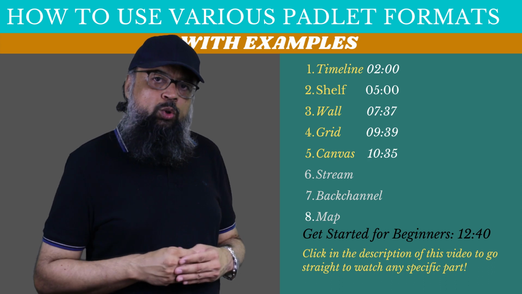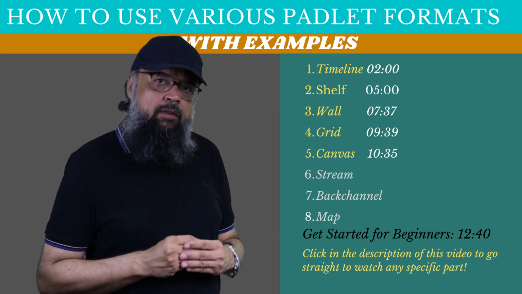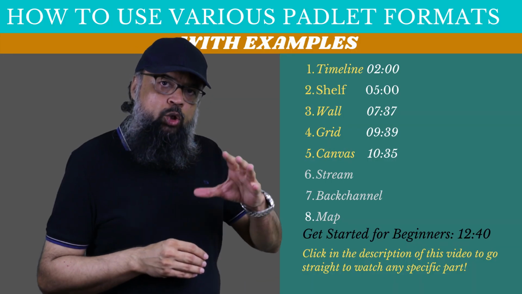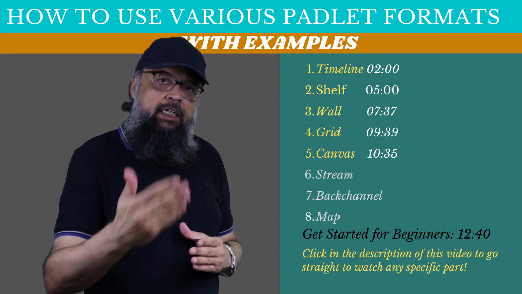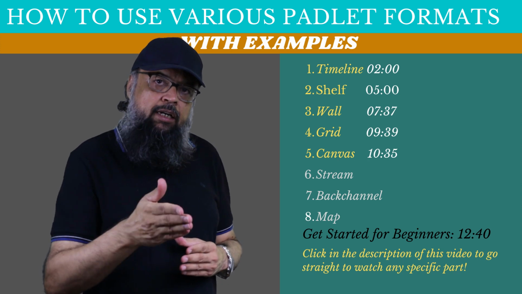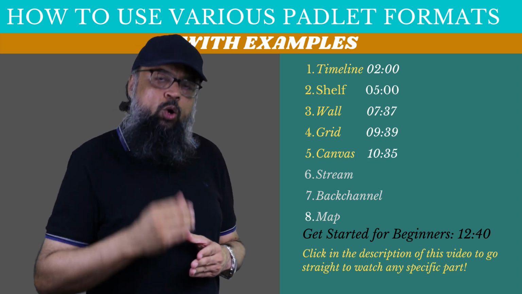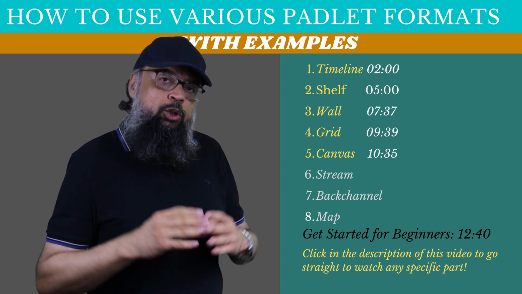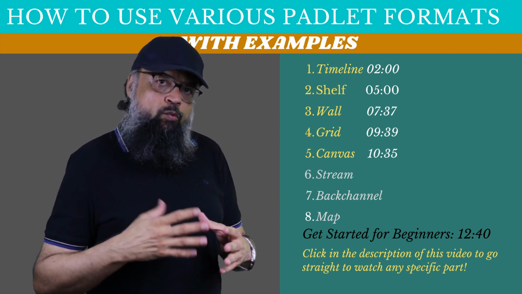Then in the next week you show them this shelf. They fill the first 2 columns, and the last column they will fill after you have delivered that topic. Because from first 2 columns you will get an understanding of how your students are familiar with that topic and what are their interests. So you will tweak your lecture a little bit before the final delivery, then you deliver the lecture, and finally you ask your students to fill the third column. So these are little things which will make a huge difference in your teaching style and the way you engage your students.